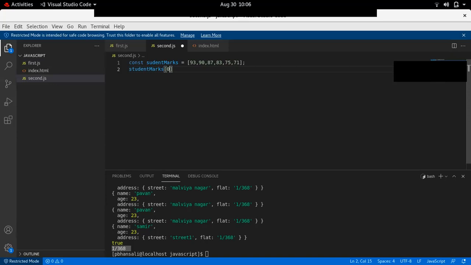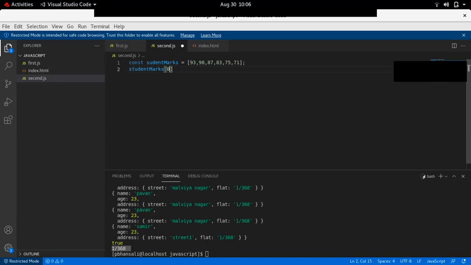So 0 means the first element of the array, first index means the second element, second index means the third element. It goes like this. Don't ever get confused with this indexing.